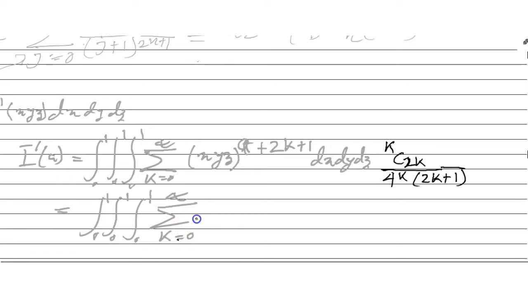So it can be written as 2k c k divided by 4 to the power k divided by 2k plus 1, and x to the power a plus 2k plus 1 dx,